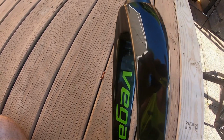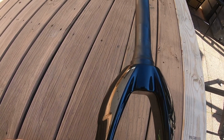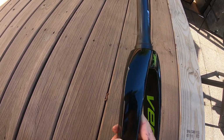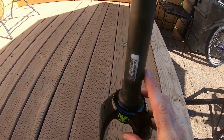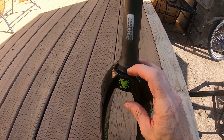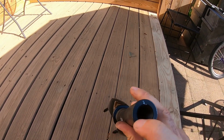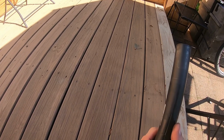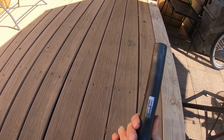Now, these are made, obviously, in the same factory and place as another major brand that has this big shoulder design. And the only difference is the majority of this steer tube is carbon. So apparently it's got a little bit of aluminum here at the bottom, but then it's wrapped in carbon. So the joint is aluminum, and then this piece here is carbon. And then obviously your tube that goes in, this has some aluminum in it as well for the threads. So even though it's lighter, like it's half a pound lighter, I believe, when I did the measurements and weights on it, but